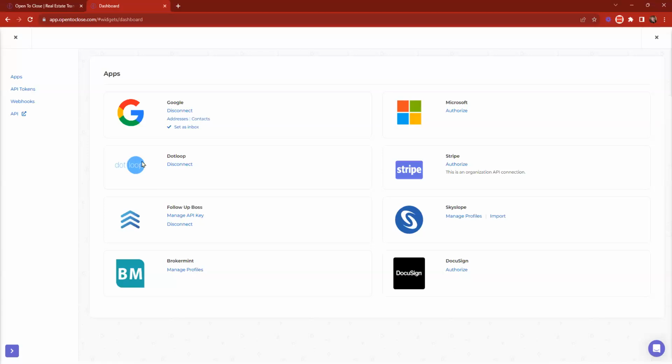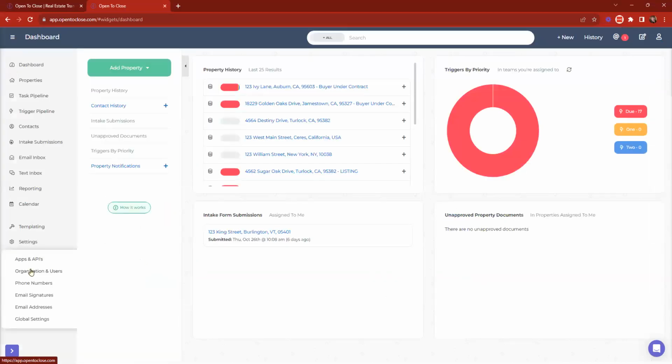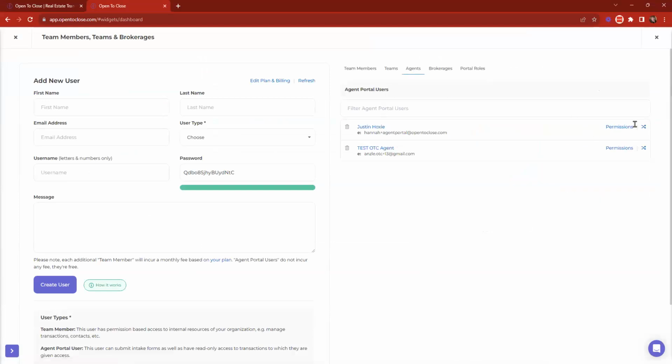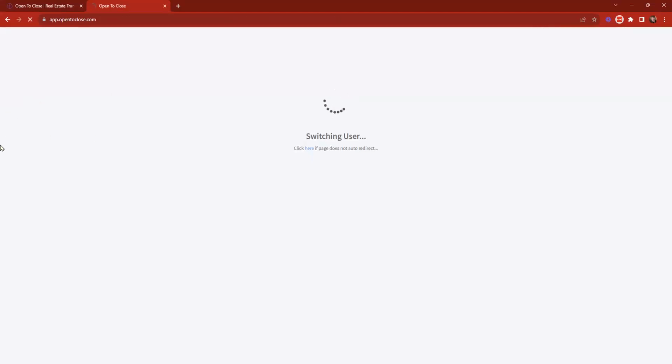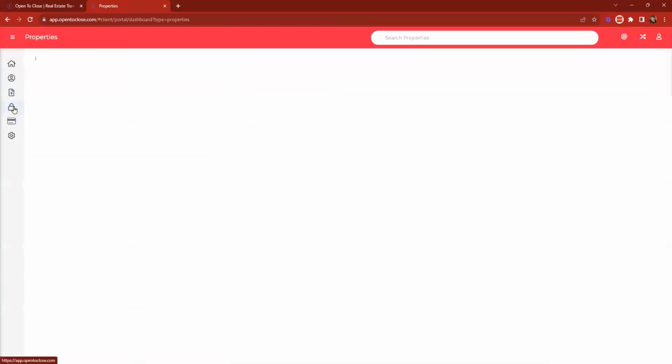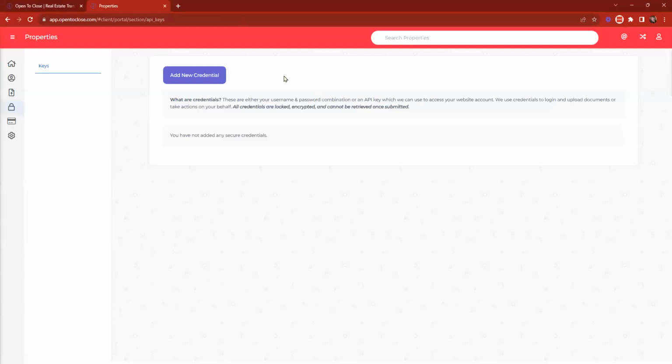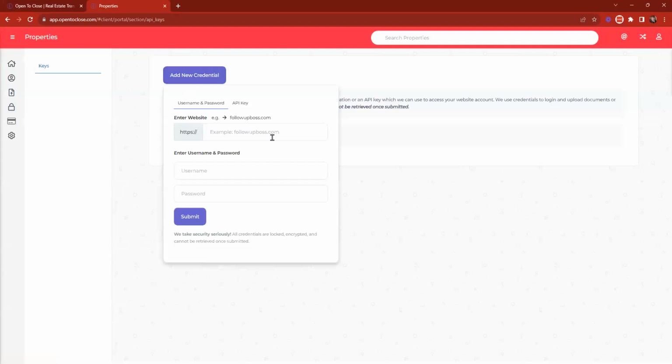If you're logged in underneath another user, I believe you can log in the same admin account. You might need to log in that individual user. It just depends. Same thing with when we're talking about our organization and users. Same thing with that Follow Up Boss API access. We'll also want to have our agents share their API credentials underneath their agent profile. That way, if we need to pull in specific information for that agent directly from their API, we have that option here. So as long as they add in their Dotloop credentials here, then we should be able